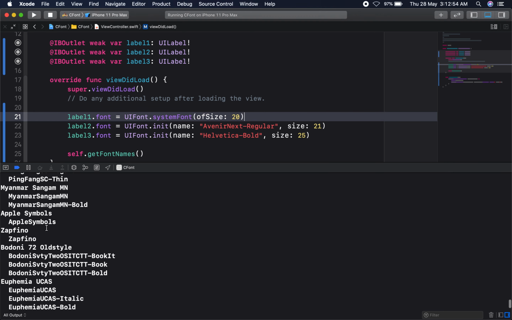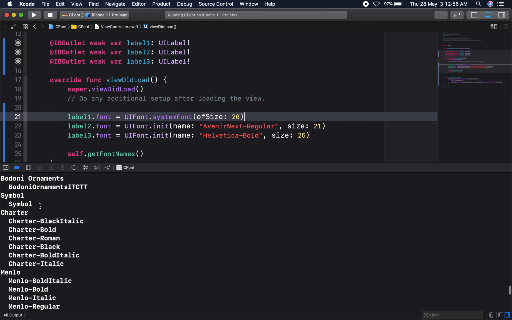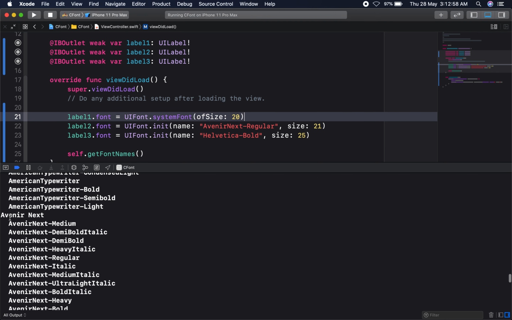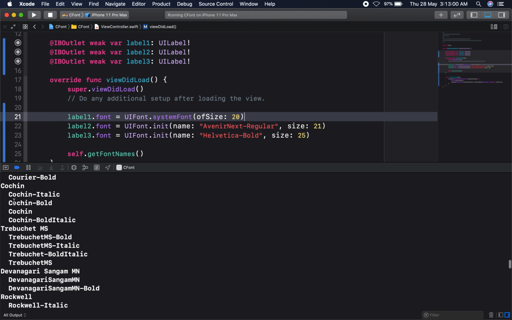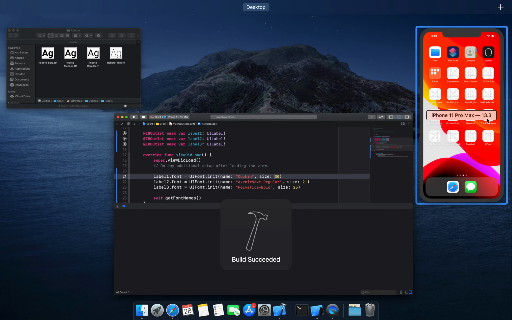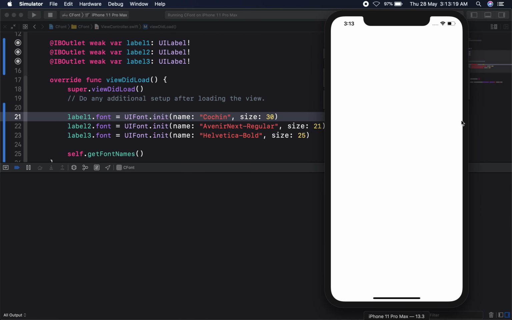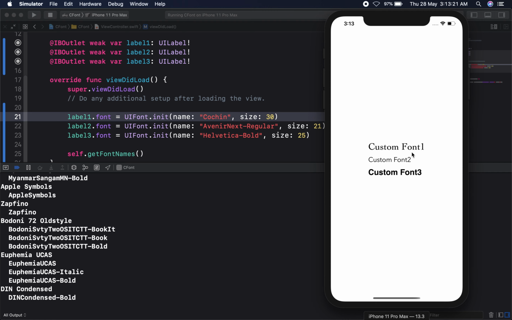And also I am changing the system font again to some other customized font, to 30. Yeah, I think right now you can check it, right?